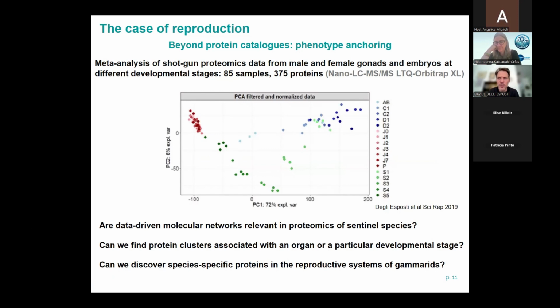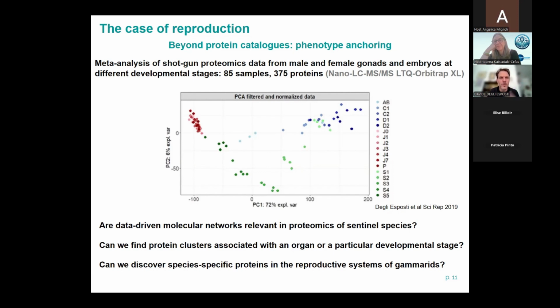It is difficult to annotate all the proteins and the transcripts that we get. So to develop biomarkers, and the idea here was to go a little bit beyond the biomarker concept, and to anchor the protein profiles with the phenotypes that we observe. So here what I'm showing you is